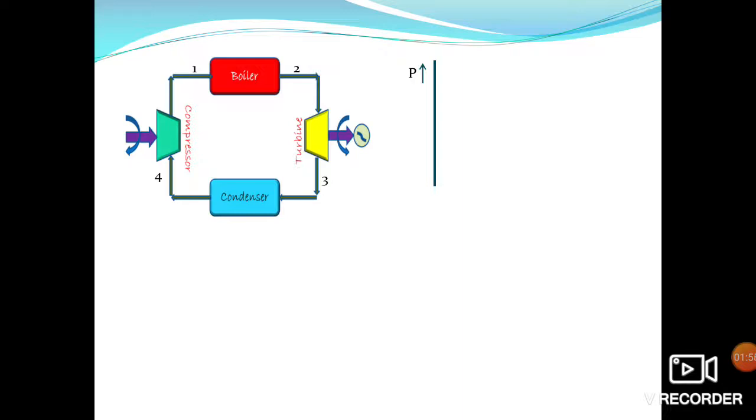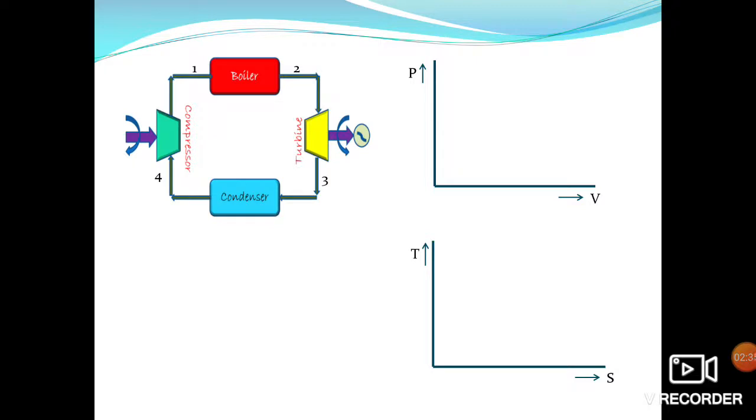In the PV diagram, pressure P is plotted against the vertical line, volume V in the horizontal line, and in the TS diagram, temperature T is plotted against the vertical line and entropy S is plotted in the horizontal line. We need to remember some of the conditions while plotting the PV and TS graph because we know that Carnot cycle is considered as an ideal cycle. So there are many assumptions that we have made in Carnot cycle, like there is no friction and no heat loss. Here in Carnot cycle, the working fluid is water and vapor mixture. So it is also known as Carnot vapor cycle.